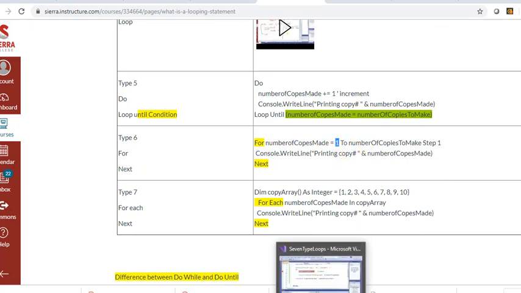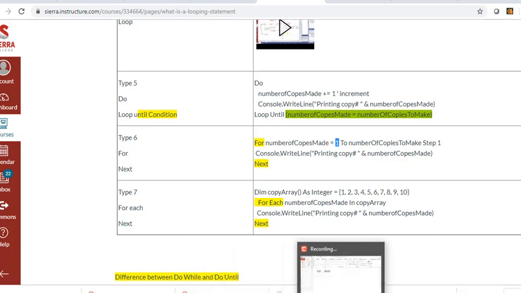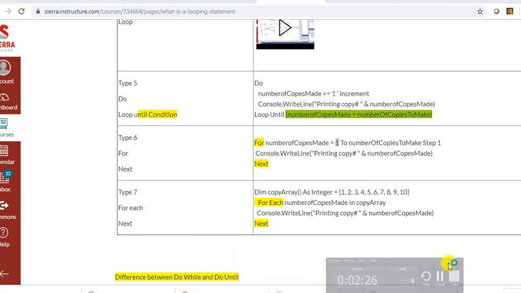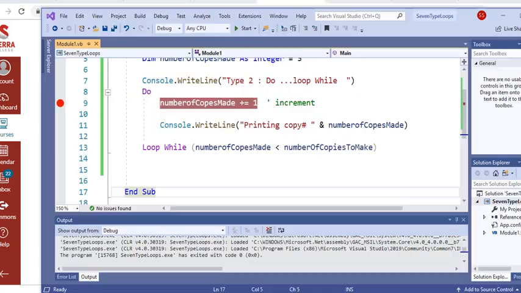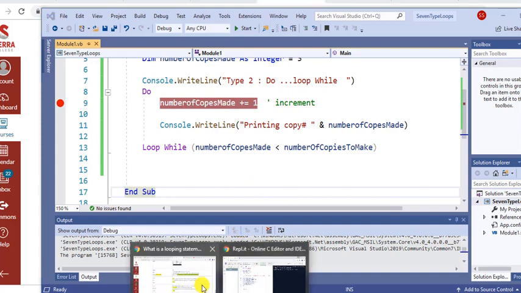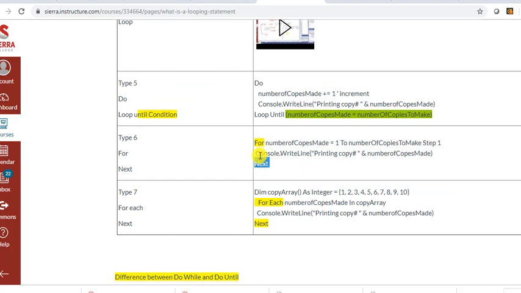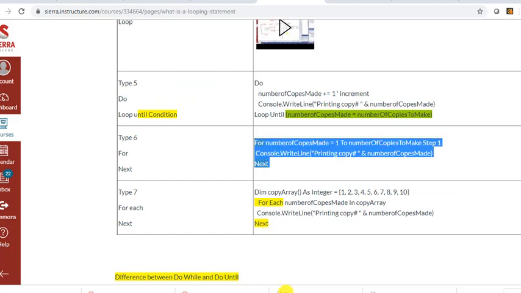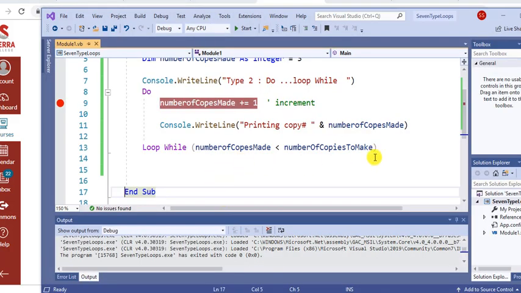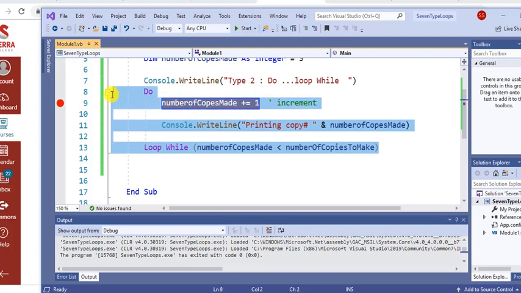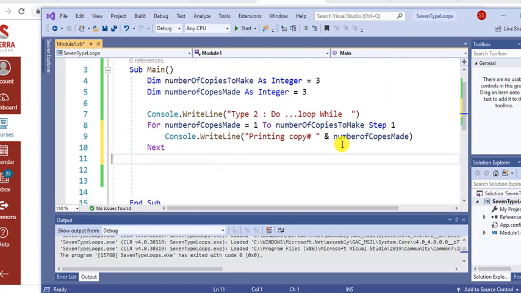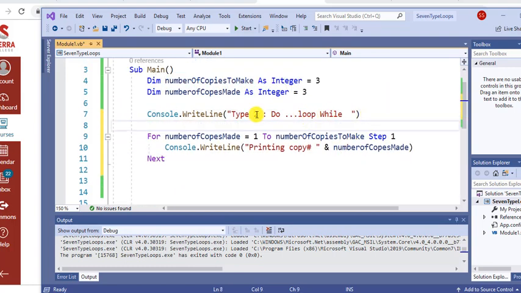So here, we will go ahead and I'm going to just cut and paste the same code that we have here. There is no rocket science here. The same code works. It's a for loop, which is number 6. For